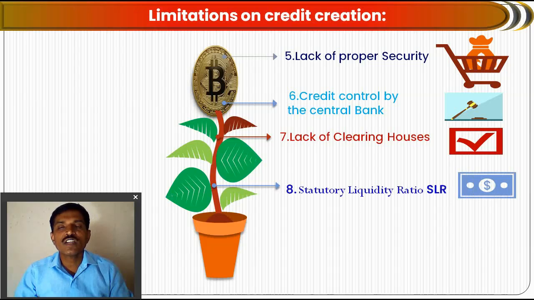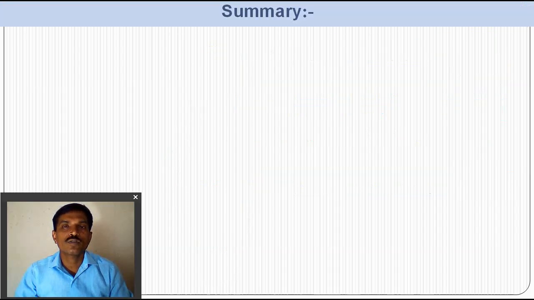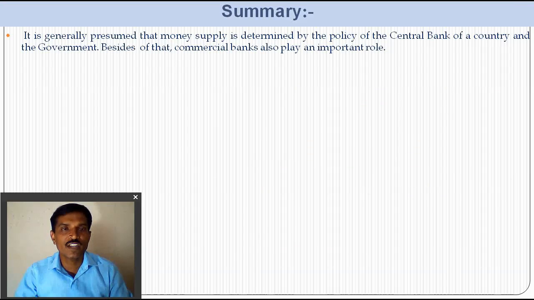The next is the statutory liquidity ratio. This ratio is in respect of the total holding of gold, bonds, shares and securities. If more amount is kept away in respect of their total liquid assets, then less loan is taken from the market on the basis of these liquid assets, and less loan is distributed, and less loan distribution means less credit creation. So the statutory liquidity ratio, that is, the liquidity ratio, is also important. More SLR reduces credit creation. This way we see the multiple ways of credit creation.